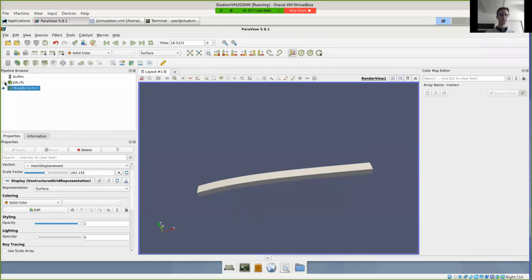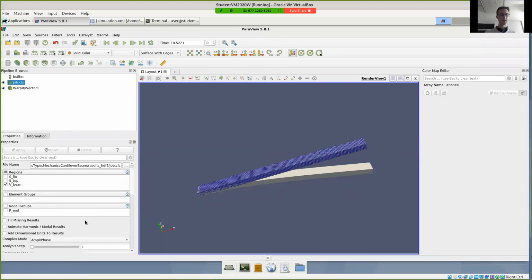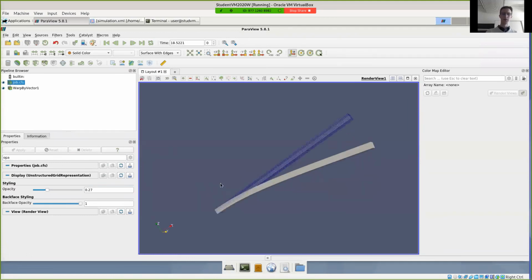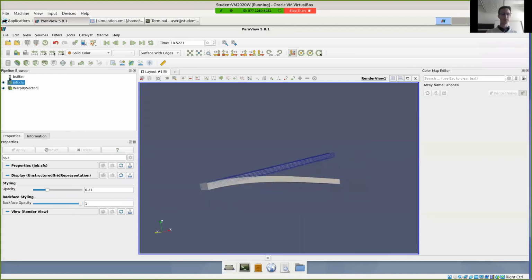Could also plot the undeformed geometry. Maybe we want to change the opacity here. You can use the search field to find certain properties. Let's make it a little bit transparent so you can see how the deformed geometry looks like. As usual, you can select this filter property and, for example, display the